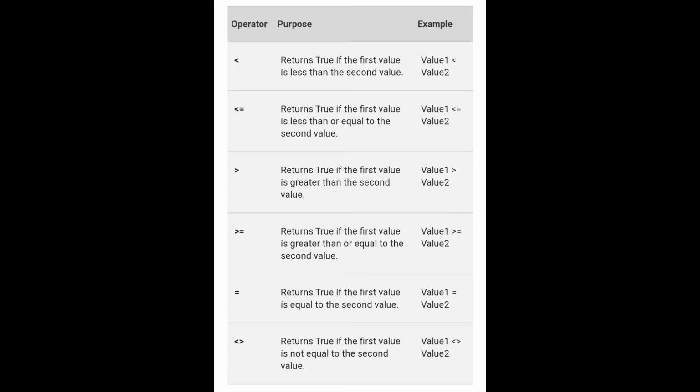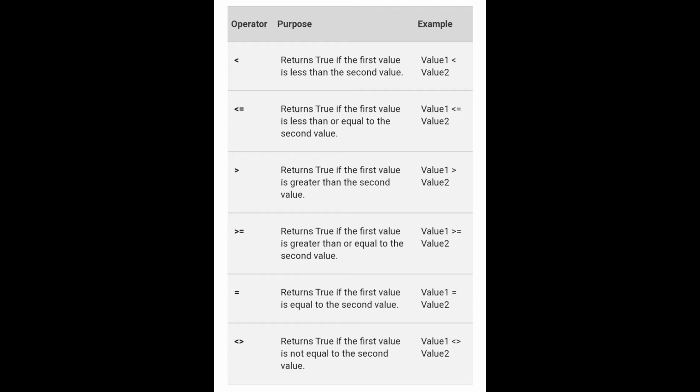And greater than or equal to is the same as less than or equal to. The value should be greater than or equal to the mentioned value. A greater than or equal to 5 means a's value is a minimum of 5 or greater than 5. This is the meaning. The function of this operator is that it returns true if the first value is greater than or equal to the second value, value 1 greater than or equal to value 2.